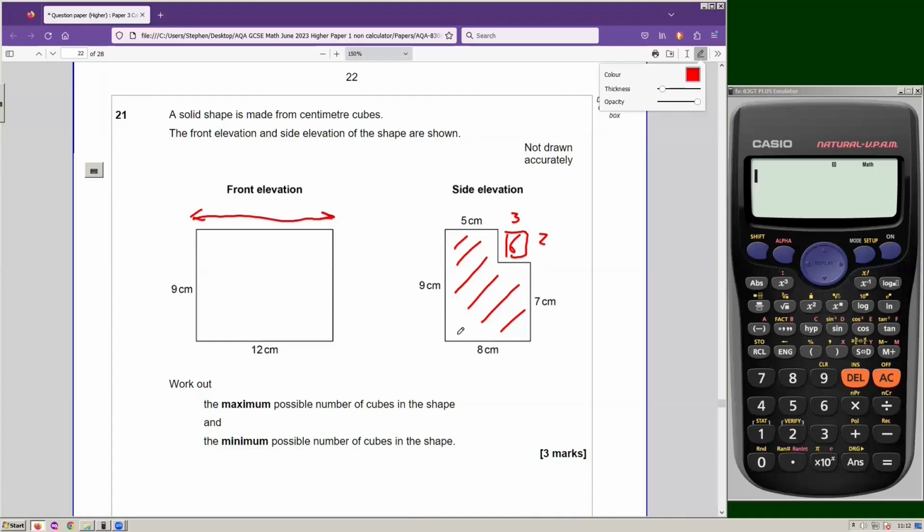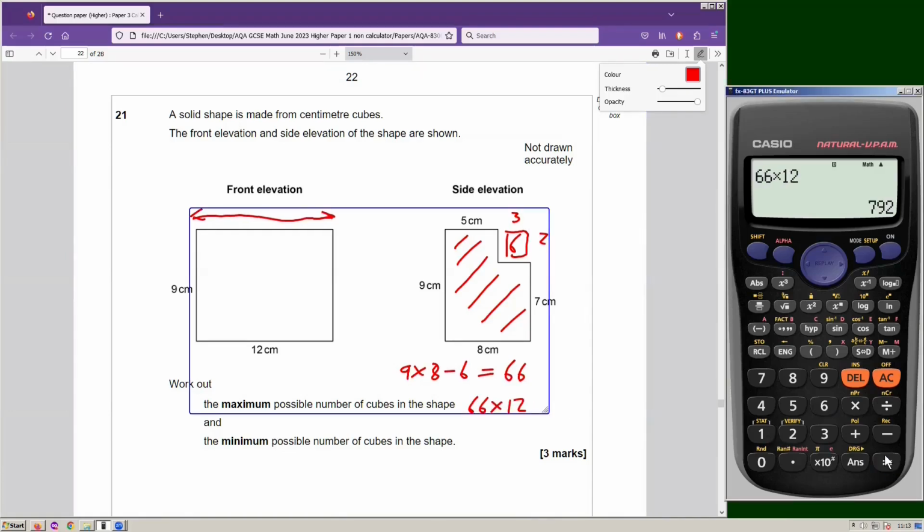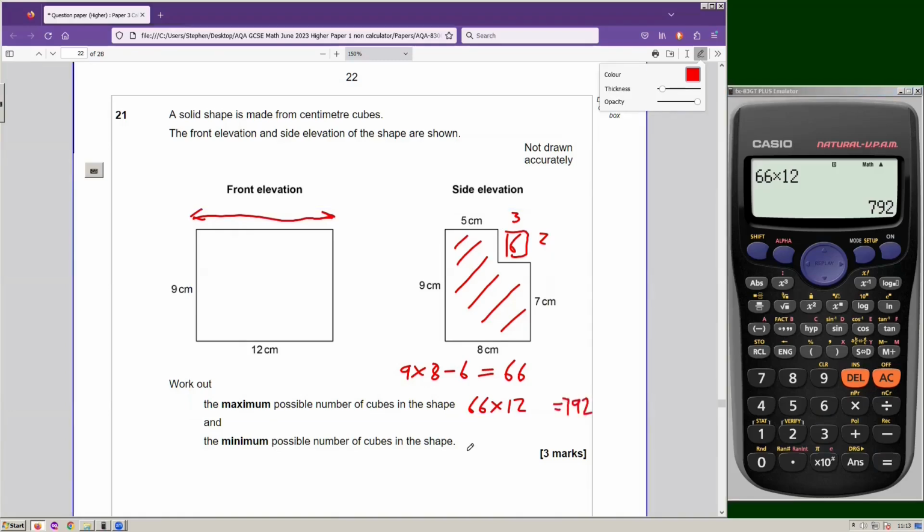So if we go 9 by 8, 9 times 8 minus 6, 9 8s are 72, minus 6, 66. Okay, so then that's 66 times this 12. So that's going to be 66 times 12, I'll put that in there, which equals 792. So that's the maximum. Now the minimum is going to be, if we tried to